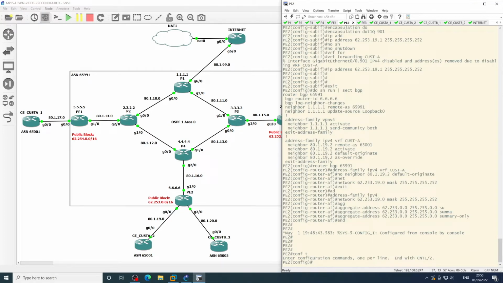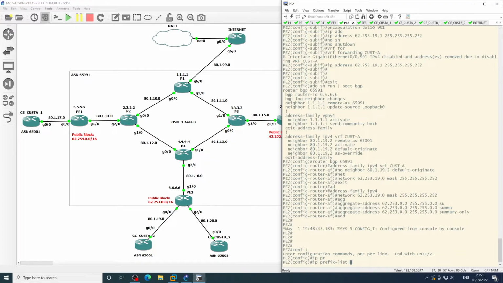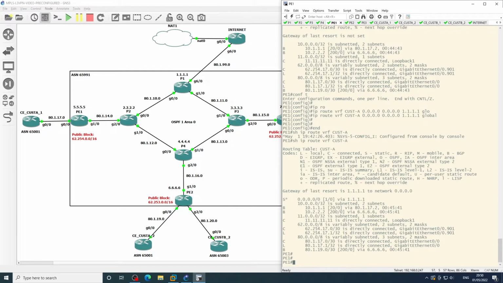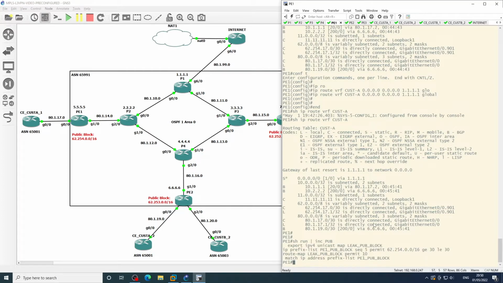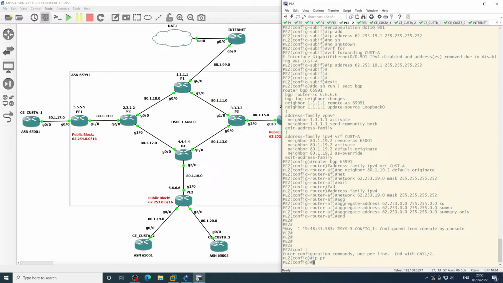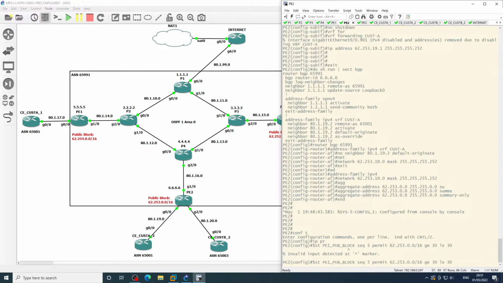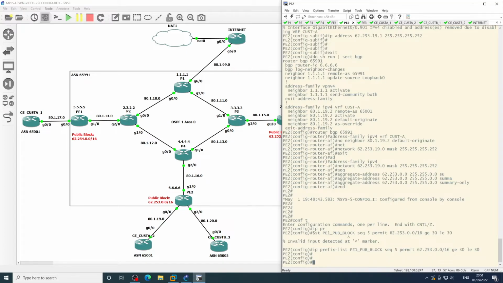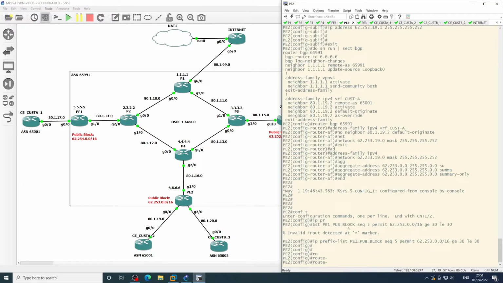So let's do IP prefix list. This is the same as the one that we did on P1. So what we'll do actually is do a show run. Okay, add the name pub in it. Yeah, there we go. We'll just steal that, and we'll just change that octet there to 253. There we go. And then route-map